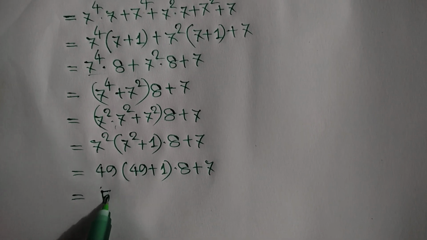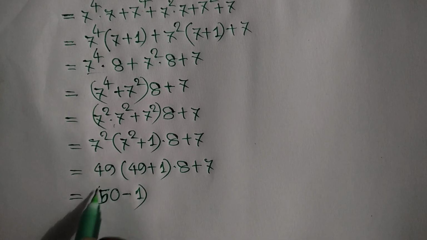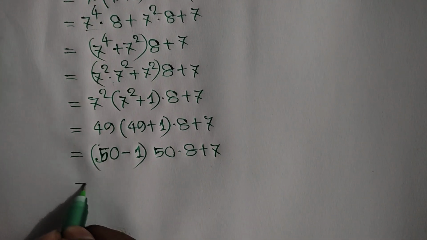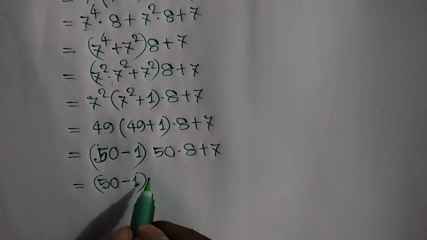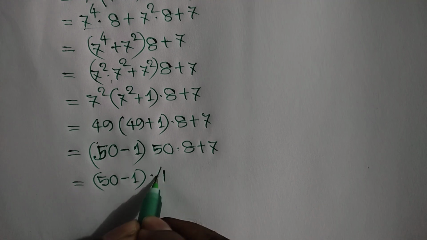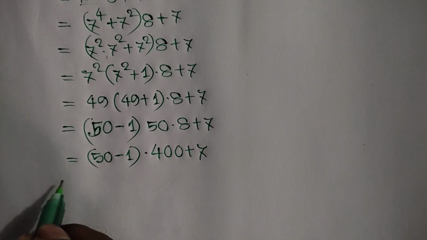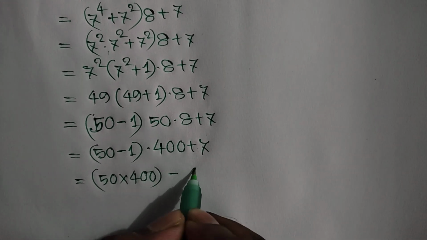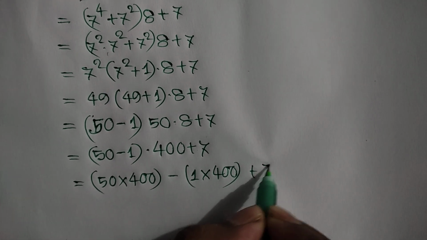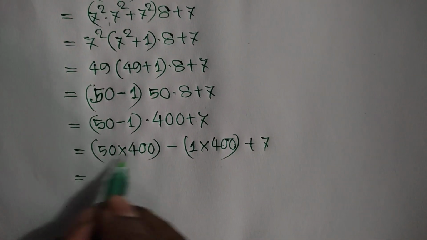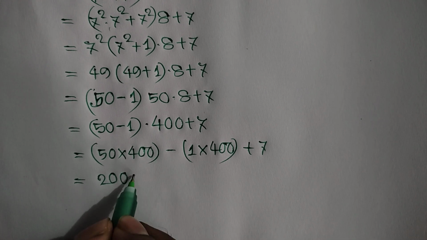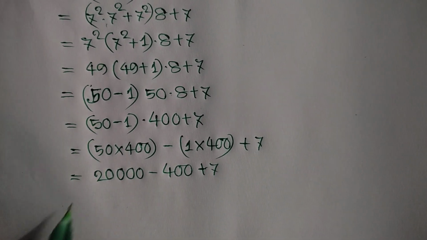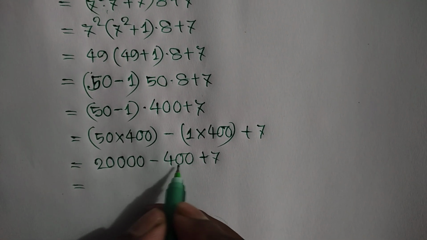we can write 50 minus 1 times 49 plus 1 is equal to 50 times 8 plus 7 is equal to 50 minus 1 times 50 times 8, it will remain 400 plus 7, or is equal to, here we can write 50 times 400 minus 1 times 400 plus 7 is equal to, 50 times 400 it will remain 20,000 minus 1 times 400 it will remain 400 plus 7 is equal to 20,000 minus 400